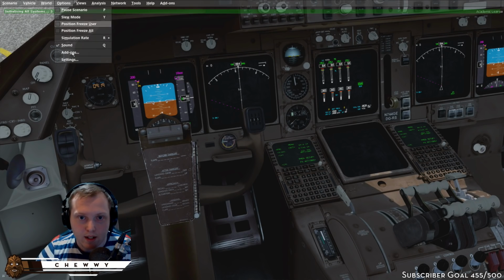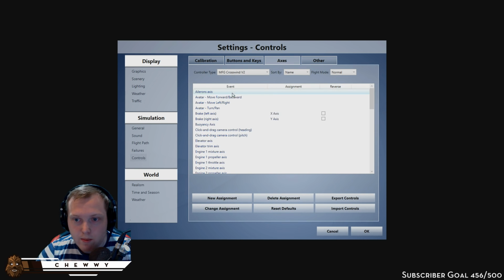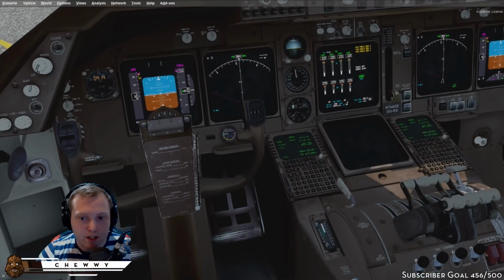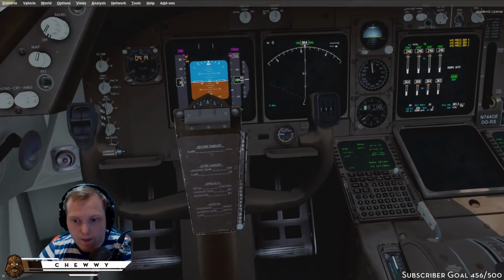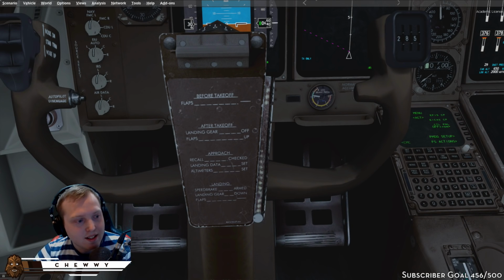Oh yeah, you are completely correct. So on the axis for the MFG Crosswinds, I need to have those reversed. Let me just export those and save those again. Thank you very much, dude. I didn't realize that. MFG V1, just replace those and then save that. We will have to set it up properly through FSUIPC at some point, just for the sake of the FSLabs. But there they are. So there's the toe brakes. And then there's the rudder pedals. What flight are we doing? I planned on doing